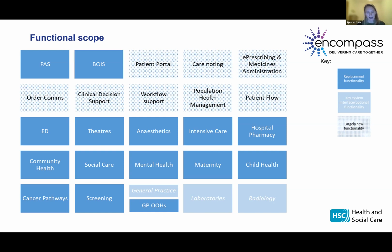And labs and radiology, so NIPACS, are going to be standalone systems, but we will be able to access them similar to the way we would do through NIECR at the moment as well. So we'll be able to view things through Encompass. And then the checkbox bits are the bits that are going to be new because they come automatically with the